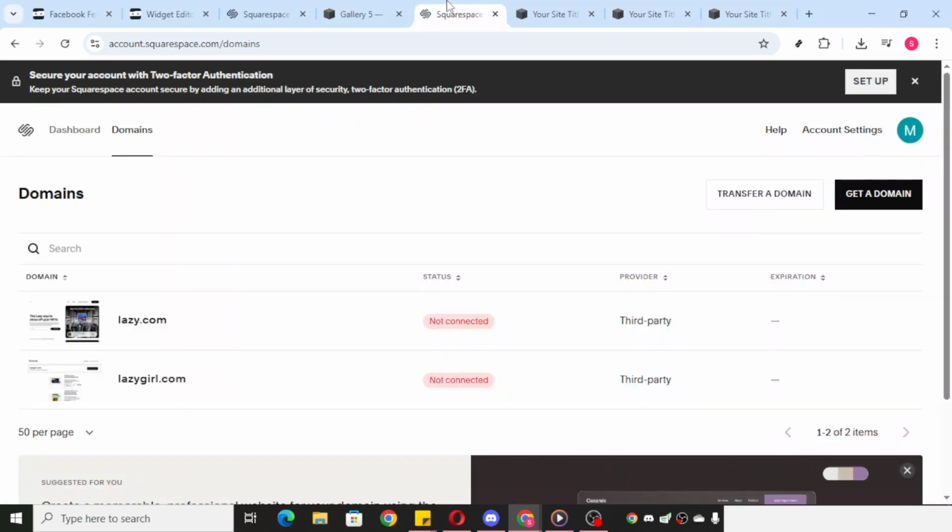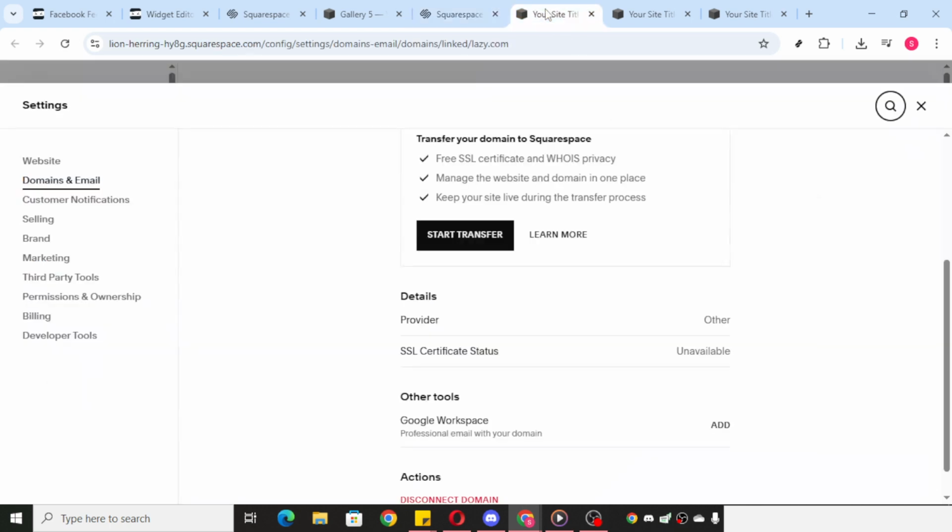Next, navigate to the Domains section. This is a critical step because your professional email will be associated with your domain, enhancing your brand's identity. After clicking Domains, select your existing domain from the list provided. Doing this ensures that your email will be neatly tied to your website, making it more recognizable and trustworthy to